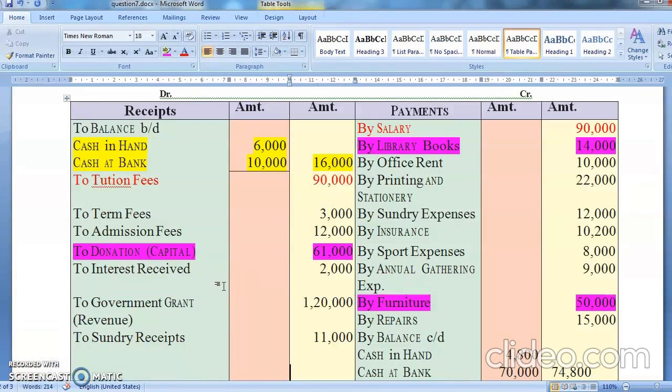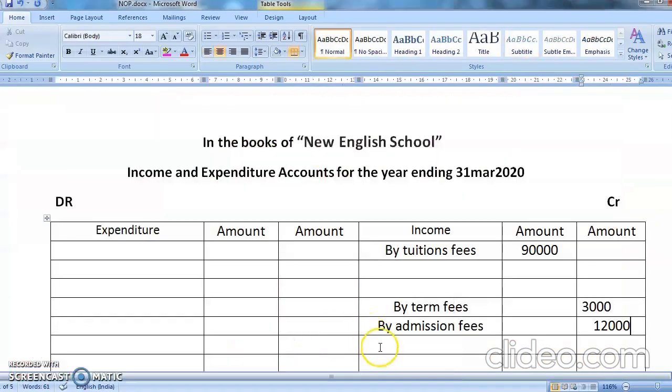When I go into the balance sheet, I'll do it, just remember it. Interest received is 2,000, grant 1,20,000, and sundry receipts, all are revenue, so I'll write here all revenue. By interest, how much is the interest received? No adjustment, so directly in the outer column 2,000. Then you have received some government grants, and they have specifically told you it is revenue, so you'll write government grant received here.